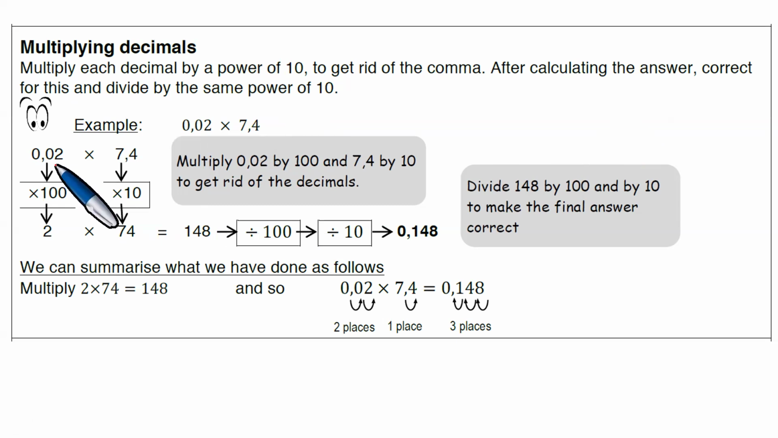0,02, you multiply by 100. So if you take 0,02 multiplied by 100, you remove 2 places, giving us 2. 7,4 multiplied by 10, and it's 74. Now let's deal with this. So now we have 2 times 74, which is